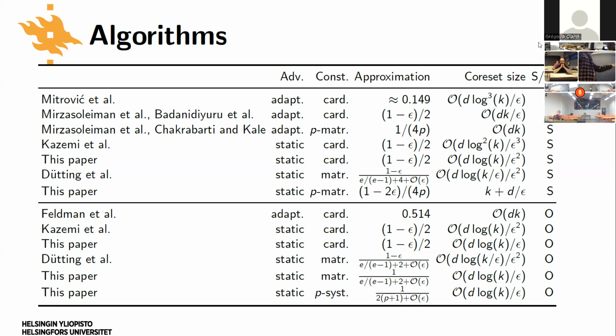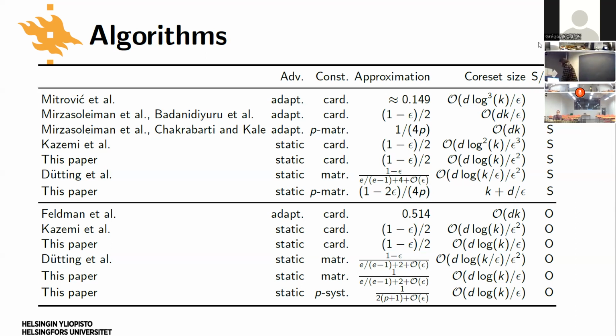For example, here we have the same guarantee, so (1 minus epsilon) divided by 2. Epsilon is a user parameter that controls the trade-off between the guarantee and the coreset size. The baseline gives you epsilon squared, and then we get epsilon here. So these are small improvements, but improvements nonetheless, at least on the theoretical side.